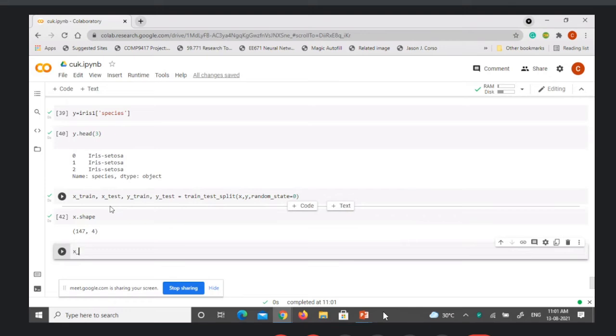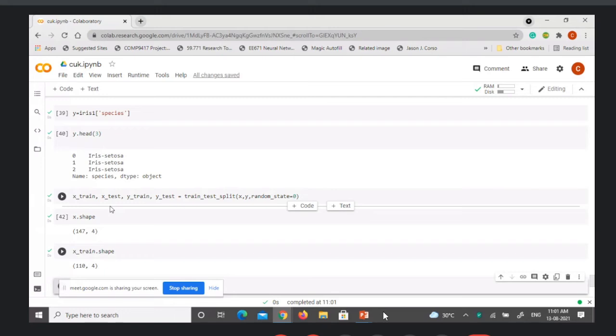Now X train dot shape. Out of that, 110 rows have been taken, roughly 70% of the data. So we have no confusion at all about what rows to select and how to select. The train test is split randomly using that random state seed, automatically. By default you have a 70-30 ratio.